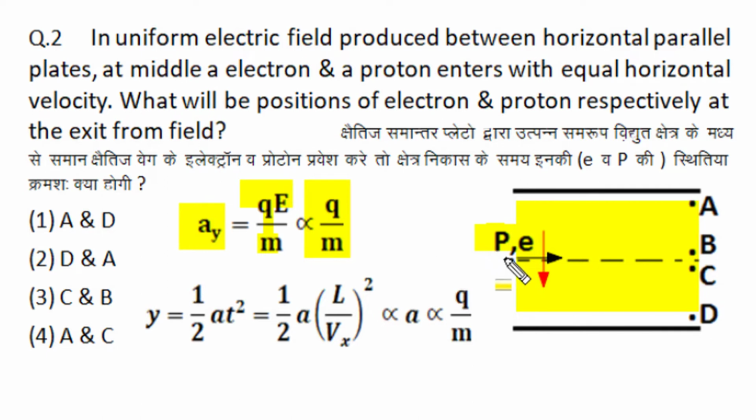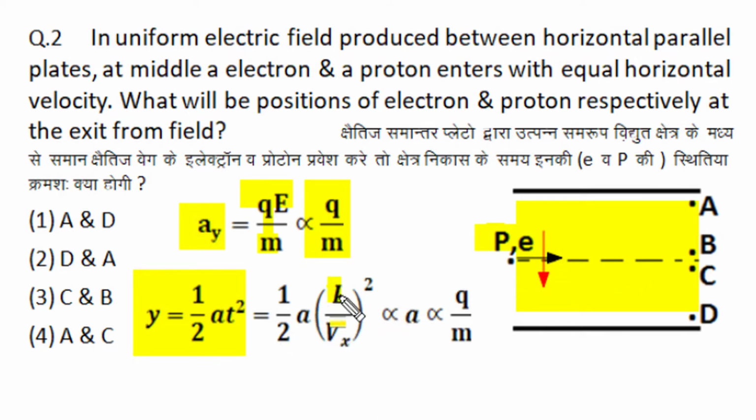Now there is no initial velocity along the direction of the electric field, which we call the y direction. So with time, acceleration generates velocity along the y direction and produces displacement as per the law of motion. y is equal to ut plus half at square, and there is no initial velocity in the y direction, so it is half at square. Now the time taken to cross the electric field of width L